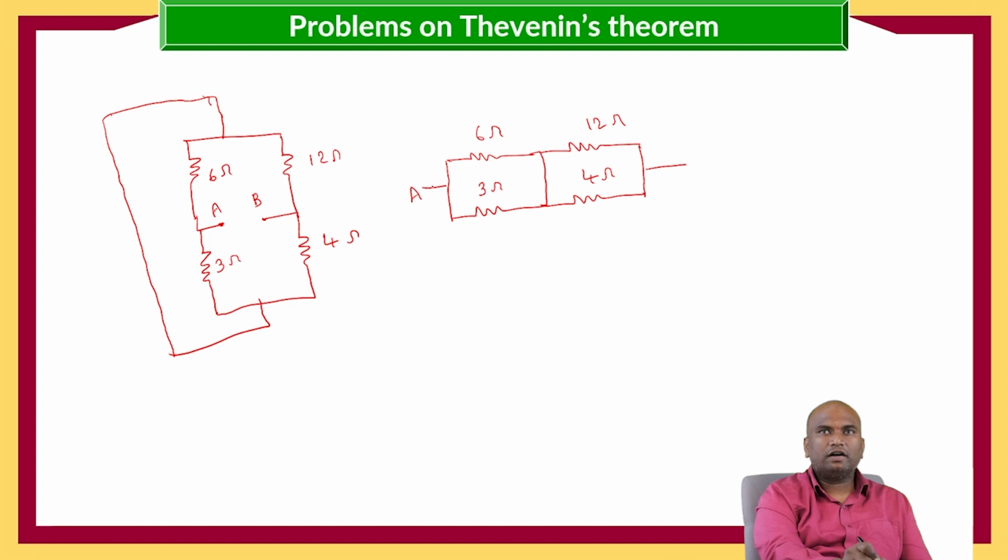So this is RAB. So RAB is equal to RTH is equal to,